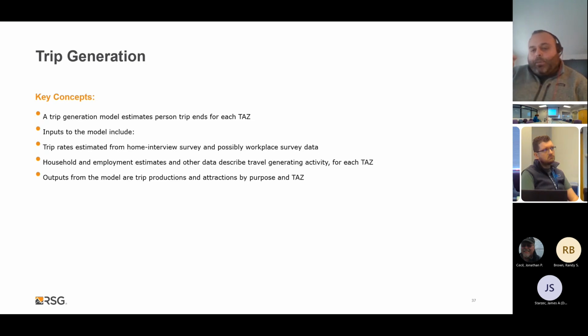We're only looking at, is this a work trip? Is it a shopping trip? Is it a recreational trip? We're not looking at the mode that person chose to get to that area. We're just looking at, did they take a trip? And is that trip one of these purposes? And then is it also one of these income stratifications, for example, if we're doing income stratifications in the generation.